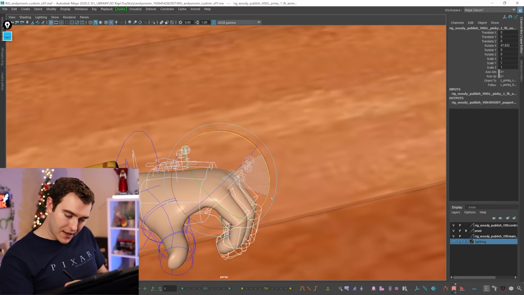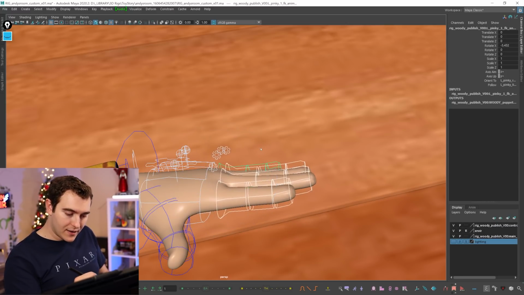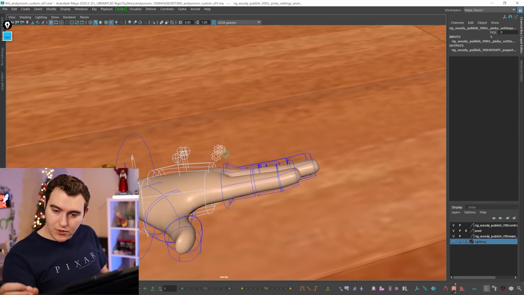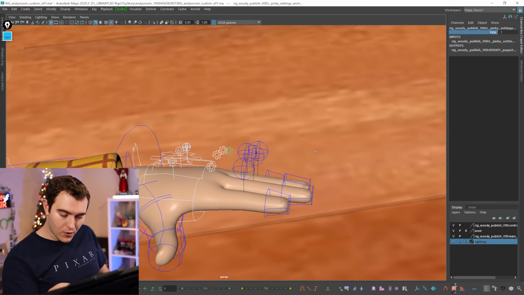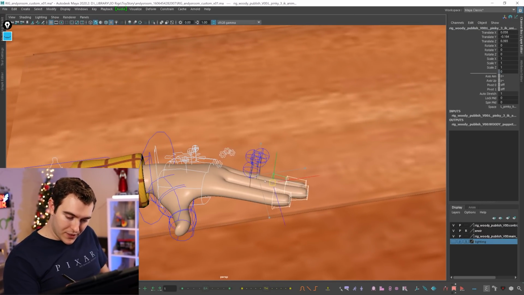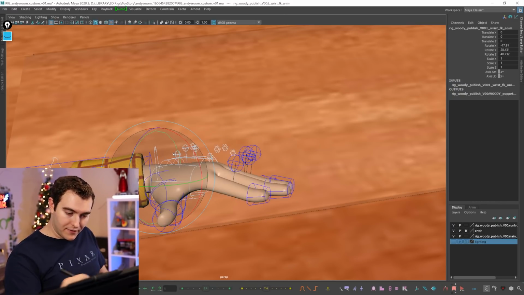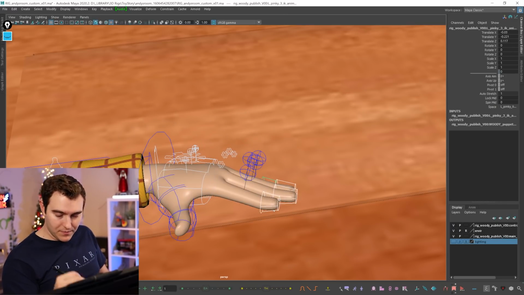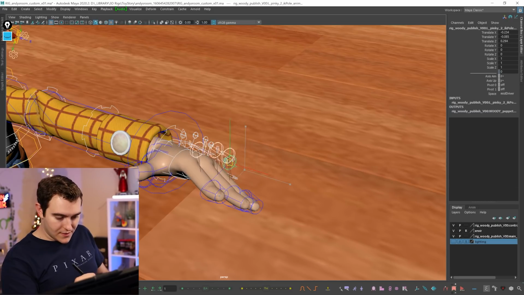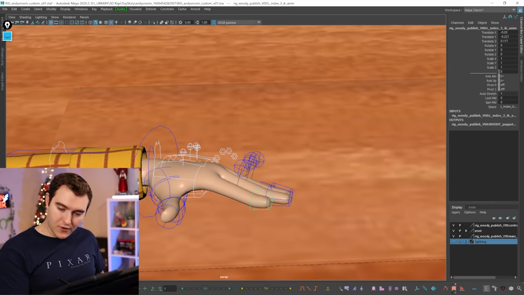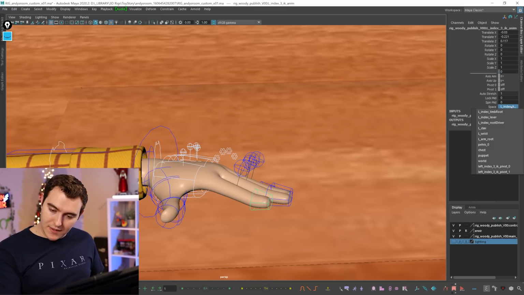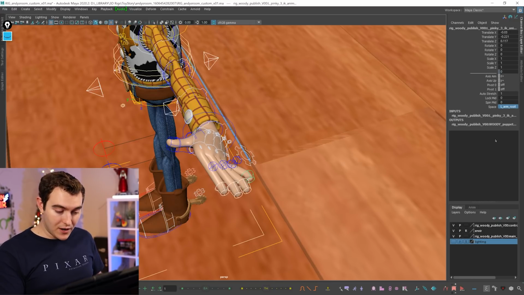Ooh, okay, so the fingers have your regular FK, but there's actually this little settings cog. You can turn them to IK. Oh, that's awesome. So that means if you place the fingers down and then Woody moves his hand, okay, by default they're just set to be hand space IK, and then this is how you would angle them. But if you come in here for the fingers, you can actually change the space. So maybe the fingers follow his arm,